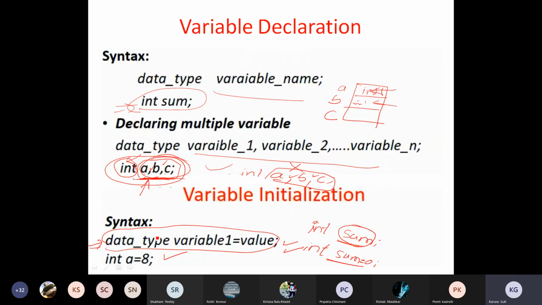When can I initialize? During the declaration itself. This is a declaration: data type followed by variable name. We already know this. So during a declaration, you are interested in initializing the value. That is also feasible. Then how do we do that? Take any